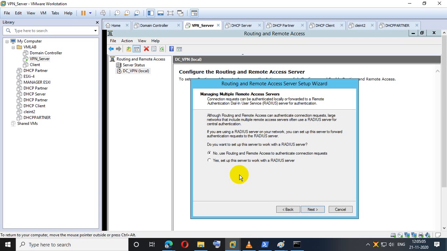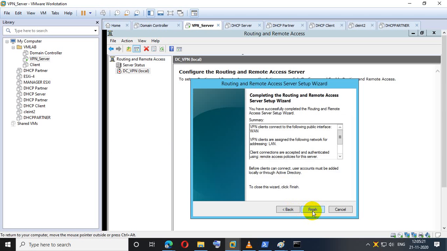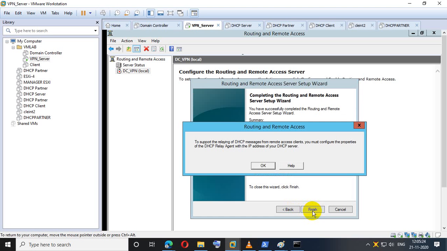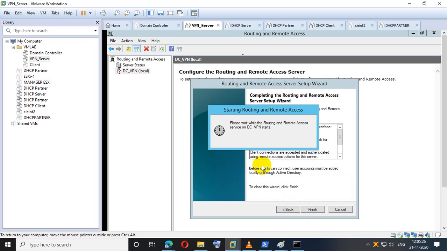In case you are not supposed to involve AD, then you need a RADIUS server for centralized authentication. A RADIUS server is actually there to centrally authenticate the users. So I am not taking a RADIUS server as of now, just clicking next, and once I click on finish, your VPN server is configured successfully.